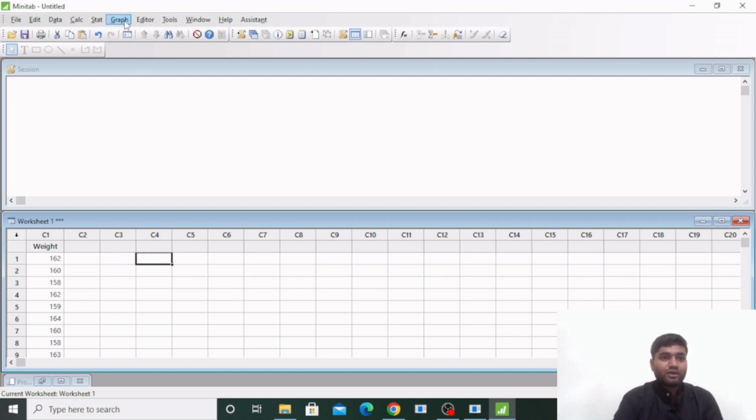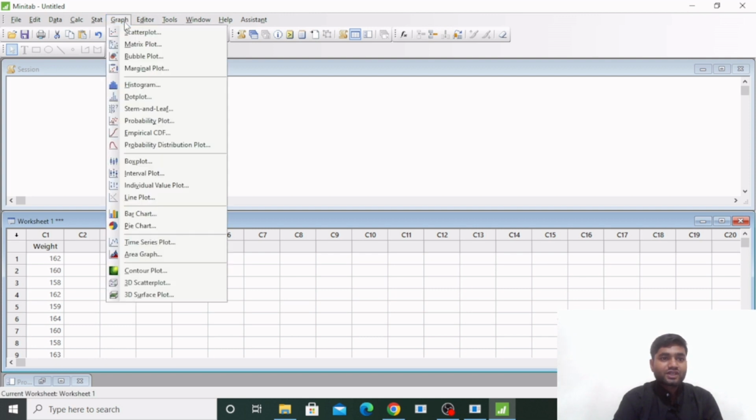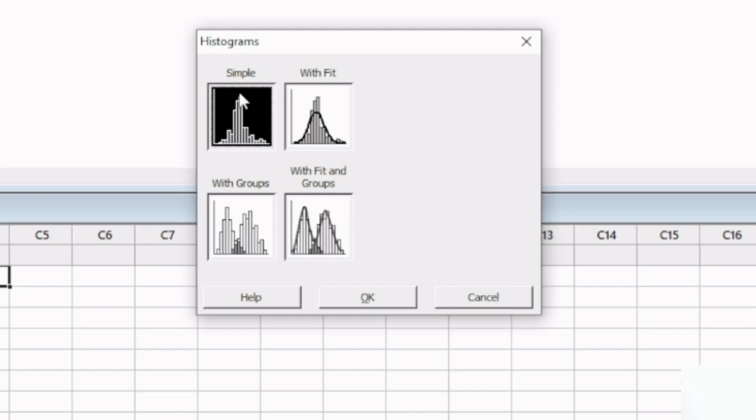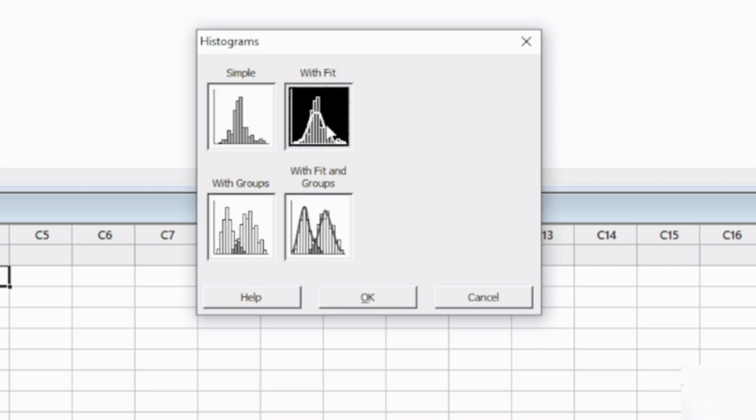Now what I'll do, I will go to this graph option, click here and here you can see this histogram option. Now the new window is arrived. Here you can see the simple histogram with fit histogram. If I click here with simple histogram, I will get simple histogram, and if I choose this with fit histogram, it will be a histogram with curve. So I will choose this second option